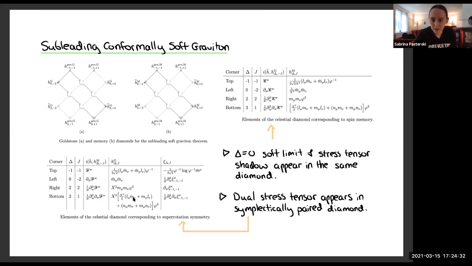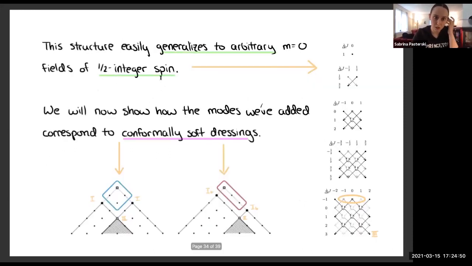effective action for reparameterization modes where you break diff S2 down to the super rotations. What I want to point out here is that in the two iterations of the diamond, you have both the stress tensor, which is measuring the soft charge, and you have the dual, which is basically the pure gauge mode. So you have these diamonds for both, and you also then have candidate fields at the tops of the diamonds for both. One thing I want to point out now is that there are elements of the story that have appeared in, say, the work of Banerjee and others, but by taking this approach,